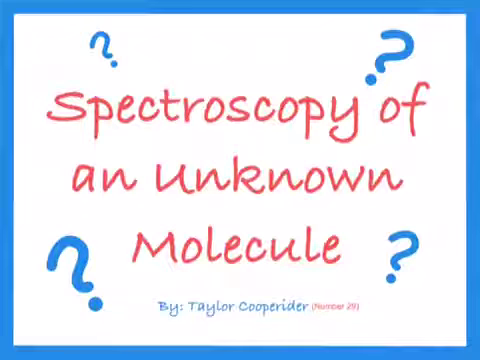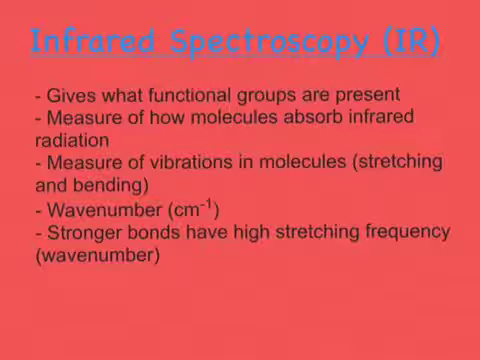In this video, I will be using spectra derived from NMR, IR, and mass spec to determine the structure of a selected unknown organic compound. So, IR gives the functional groups present in a molecule. It does this by measuring how molecules absorb infrared radiation and the vibrations in the molecules, typically focusing on bond stretching. Different functional groups absorb different characteristic frequencies of IR radiation, and this is how I will be identifying